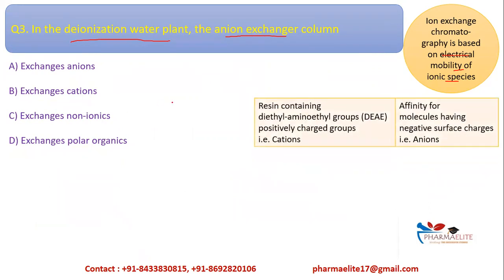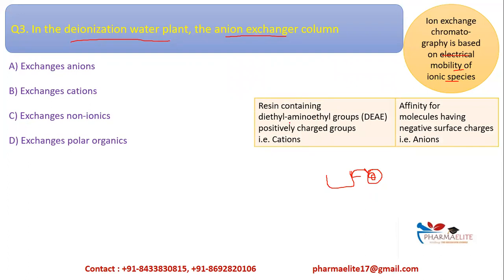Ion exchange chromatography is a process wherein a solution of an electrolyte is brought in contact with an ion exchange resin, and the active ions on the resin are replaced with similar ionic species from the analyte solution. So exchange takes place between two similar ions, that is, anion or cation.